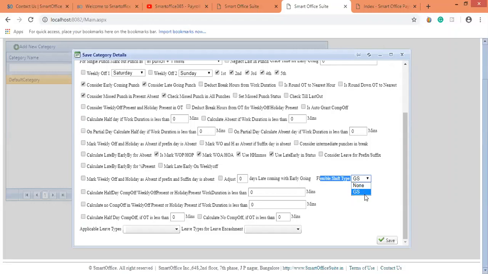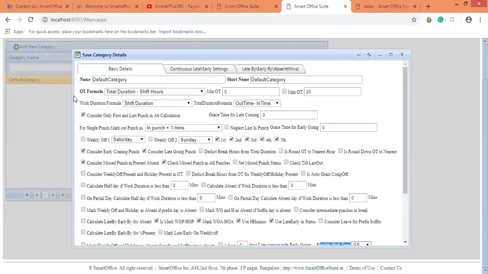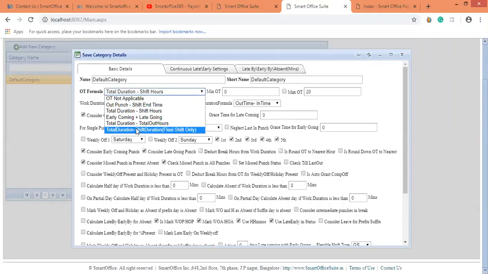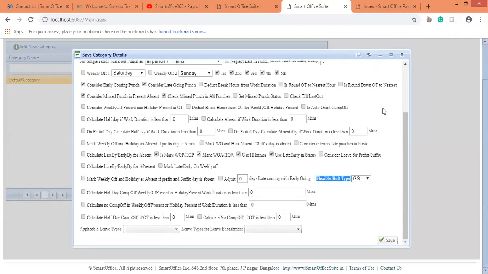And if you have OT for this flexible shift, then you need to select the OT formula for the flexible shift only. Or else if OT is not applicable, then just keep it as OT not applicable. So this is how you need to select the flexible shift.